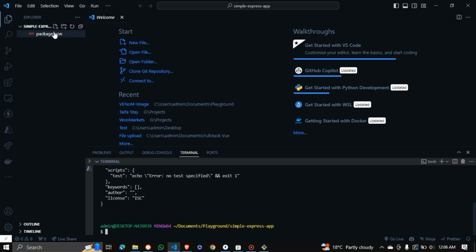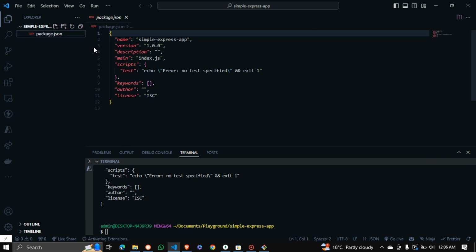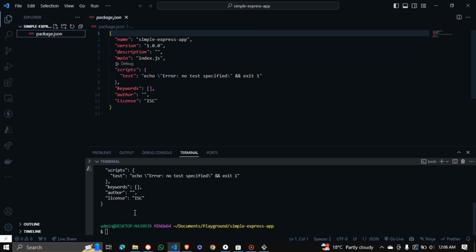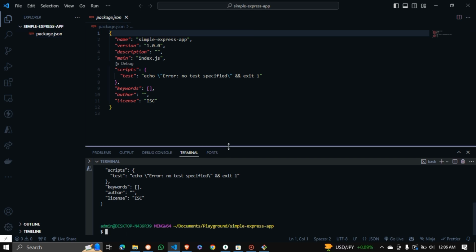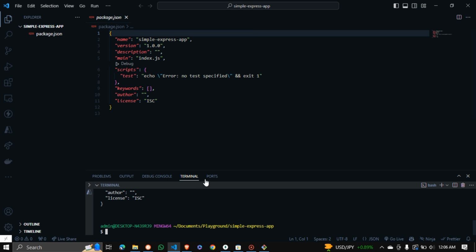In this file is where all our project dependencies will be listed. For example, I mentioned we'll be using Express, Nodemon, dotenv, and Morgan in this project. Like I mentioned, to install those packages, you go to the terminal and type npm install. First we have Express, second we have Body Parser,